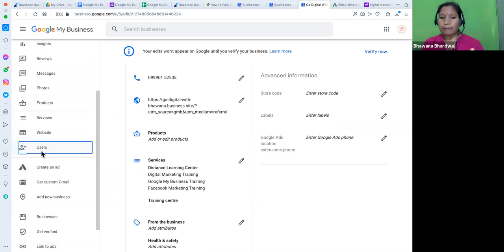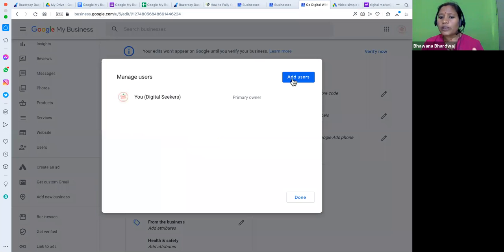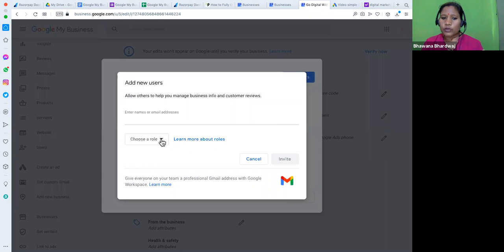User management is very important. You can add more users as an owner, manager, or site manager. As an owner, you can also manage rights. Let's suppose I'm defining you as an owner. You as an owner can remove me as an owner. So whenever you are delegating some work to someone else, once the work is done, you can remove them from the owner role, and you can downgrade or upgrade the role.